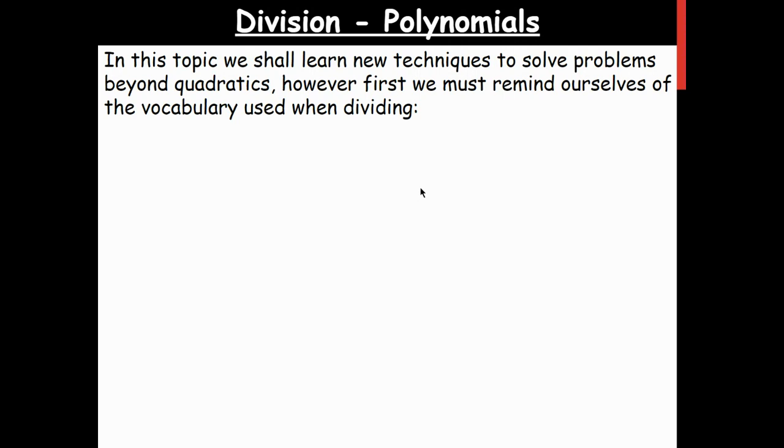So now you know what we mean by a polynomial. In this topic, we're going to learn new techniques to solve problems in the same way as we did with quadratics, but with higher degree polynomials. Before that, however, we're going to go back to some very basic number work and look at, for example, this